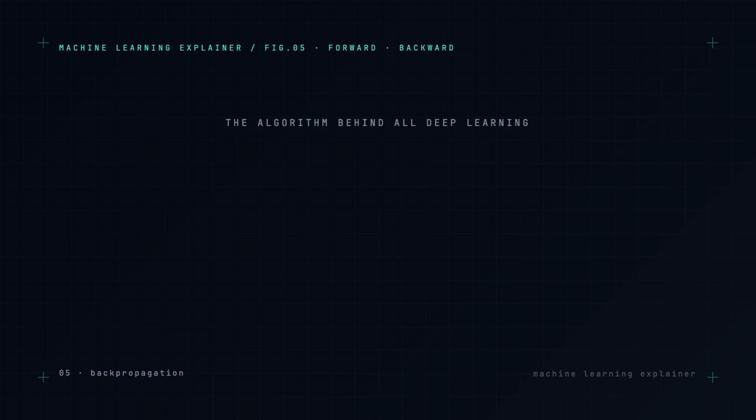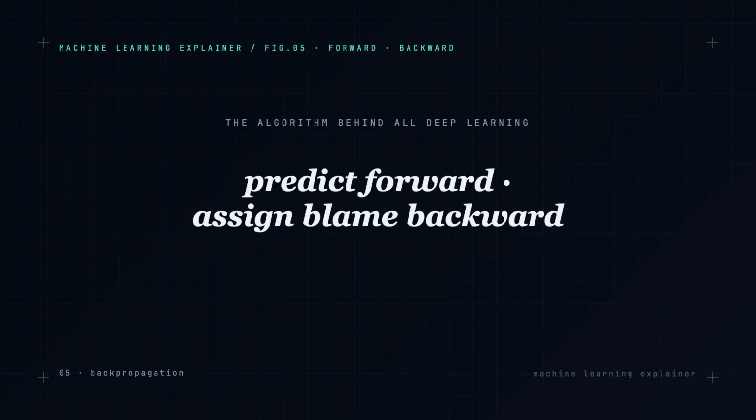That's backpropagation. One forward pass to make a prediction, one backward pass to assign blame, using the chain rule to share the work. It's the algorithm that made deep learning possible, and it's running right now inside every model being trained on Earth. But that plain step against the gradient can be made